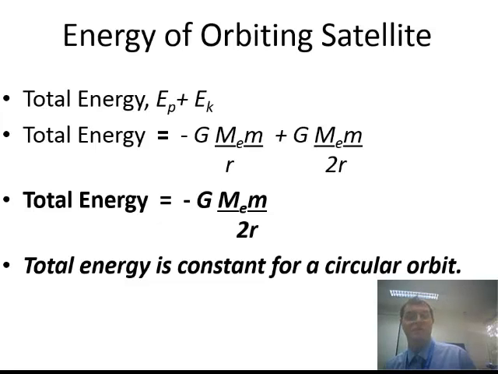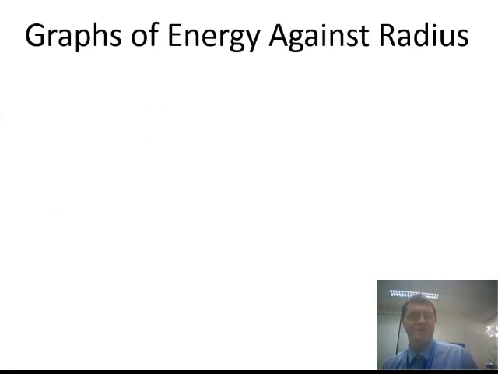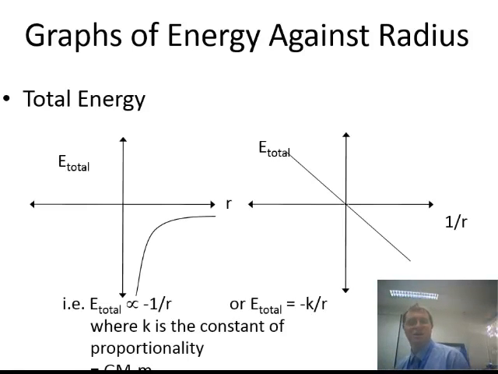Now, we're saying this is for a circular orbit. If you think about the planets, satellites of the Sun, they don't quite have a perfect circular orbit. But for simplification purposes, we're going to consider it just as a circular orbit and say that the total energy is always constant. So for graphs of energy against radius, the total energy plots, we'll see that we still have a